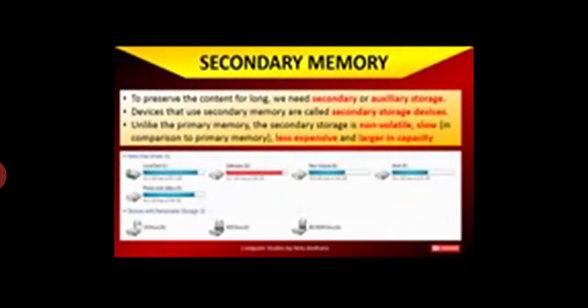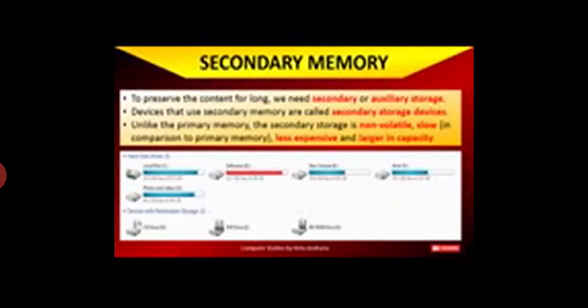Now secondary memory. Just now I gave you an example that you were preparing a PowerPoint presentation, and if the electric current goes off, what happens? It gets lost. But after you save it in the hard disk, see here I have given the photograph of the hard disk, right? When you press Ctrl S or click on the file menu and save option, then this type of thing will open.